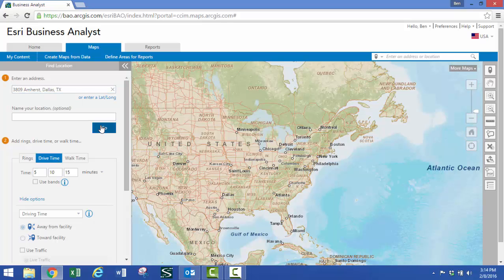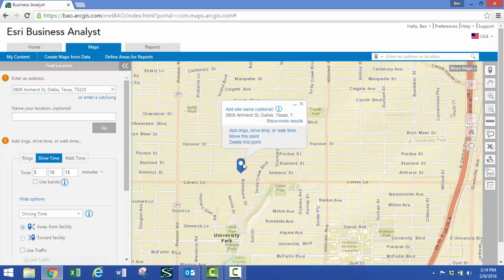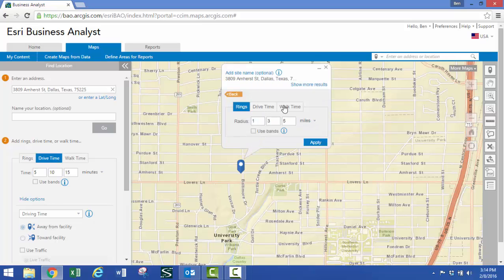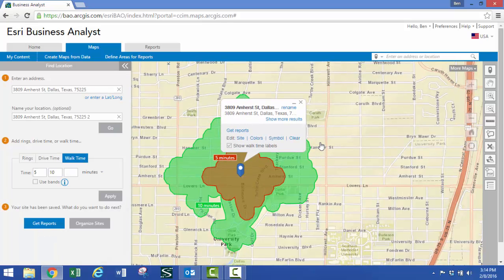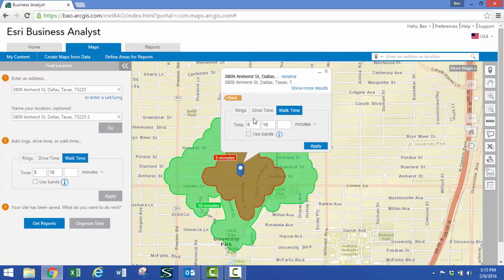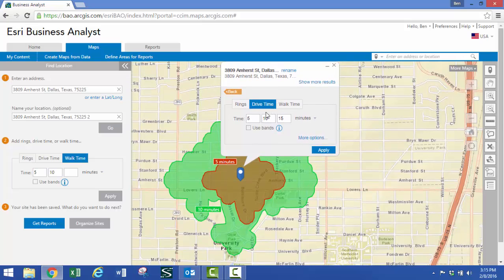Once you've done so and click to go, you'll notice a pin drops on the map and you have the ability to add rings, drive times, or walk times. You can change these with the click of a button. So if I was wanting to create my analysis area by a 5 and a 10-minute walk time, I could select those two variables and click apply, and I would be able to see my 5 and my 10-minute drive time. At this point, if I determined that I wanted to change my site to a 5 and a 10-minute drive time,